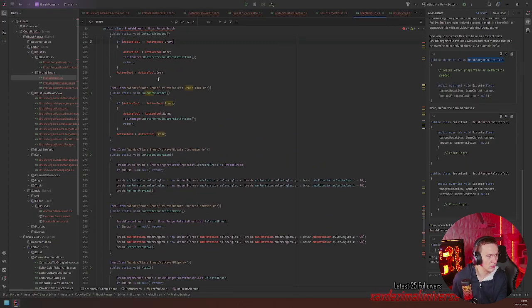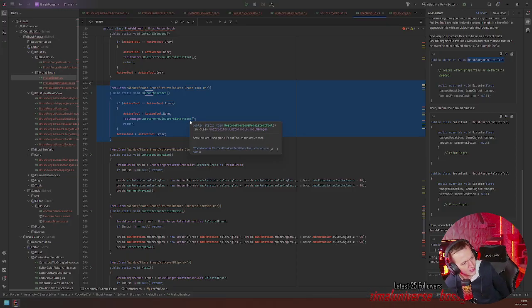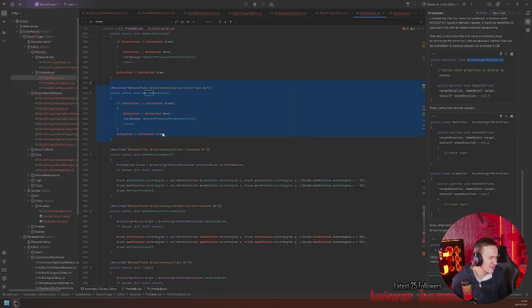And one thing that I still haven't figured out is how to select the tool with the hotkey. That's going to be a little bit fuzzy because I need to then check if the tool is in the list, and if it's in the list, then select it.